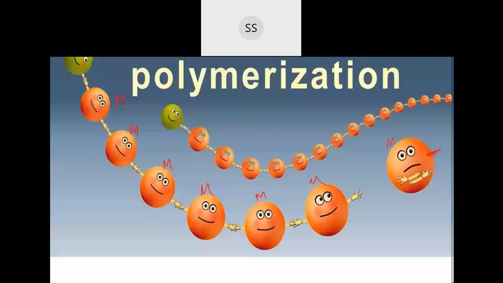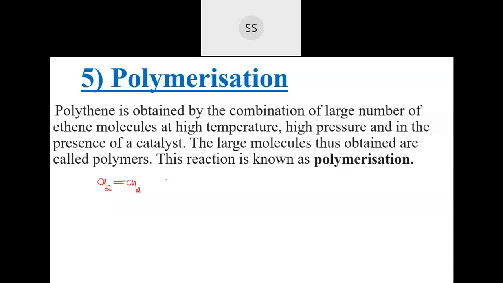So if you're talking about polythene, just now I gave you the example that polythene is formed like that. So how will we write it exactly? See, polythene, when they are combining together, if I take a CH2 molecule and then another CH2 molecule, many CH2 molecules will be there. They will combine together like this, they will break down.